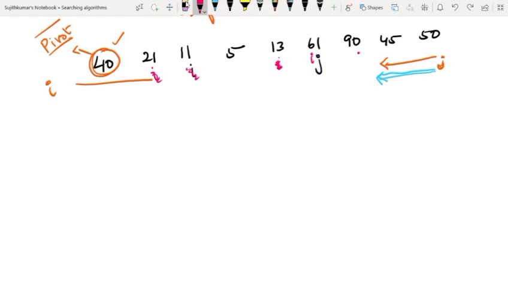Hold on. So j would come here, so j would be 13, which is obviously lesser than 40,